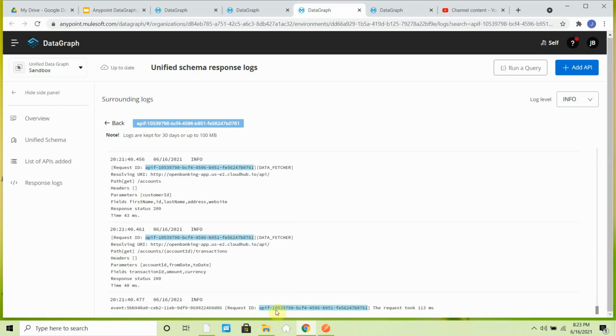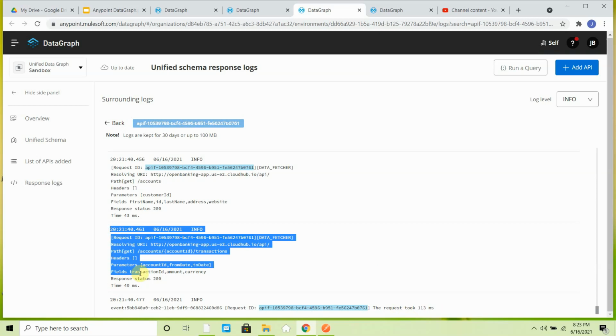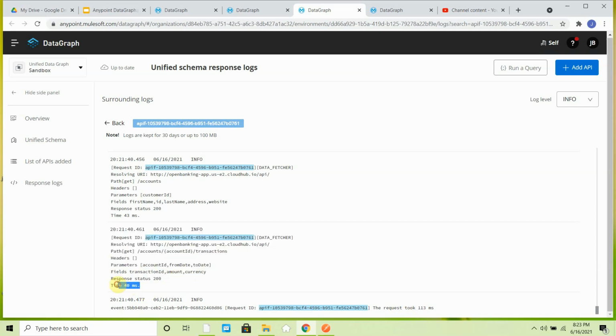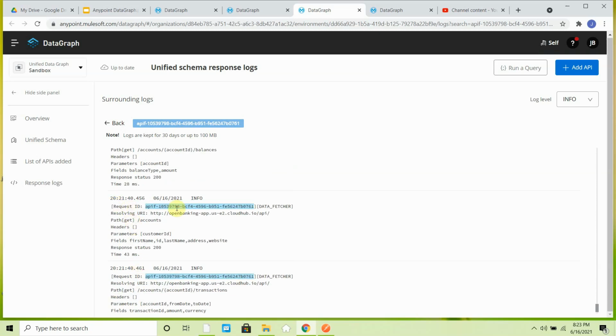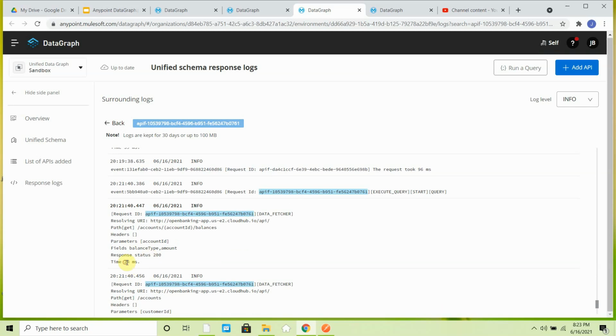So this request took around 113 milliseconds for complete execution. When we call the transaction API, it took 40 milliseconds. When we call the accounts API, it took around 43 milliseconds. Then it took around 28 milliseconds for the balances API.